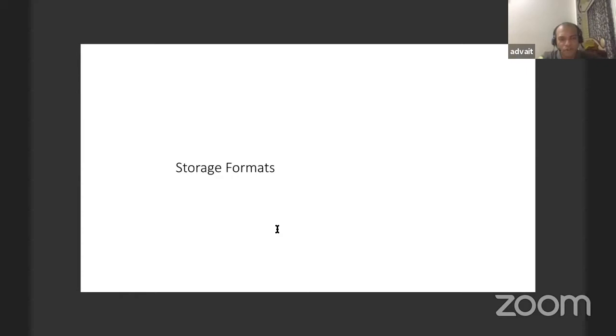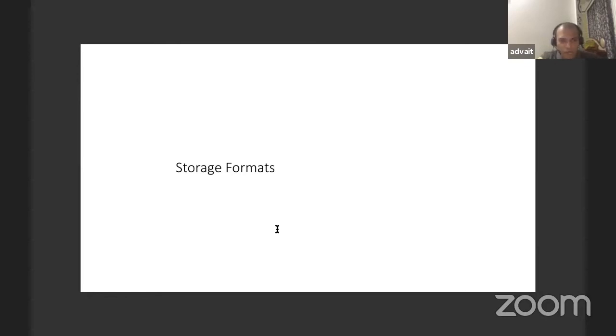Now moving to the storage formats. Okay, so before moving to storage formats, I would like to tell you that there are several systems available for data storage. Something like you might have heard of HBase. HBase is a software where you can place your data as a key value pair. There's also Cassandra and multiple options available for storing data, but you can explore that offline or after the talk.